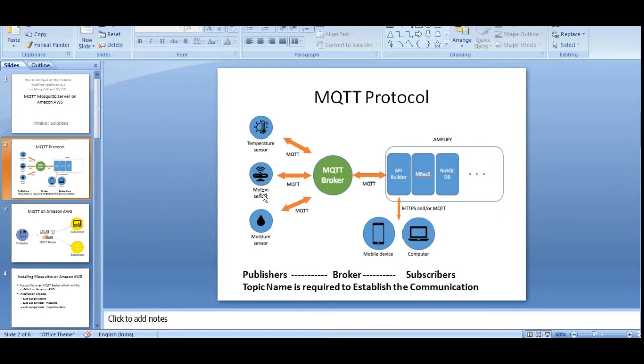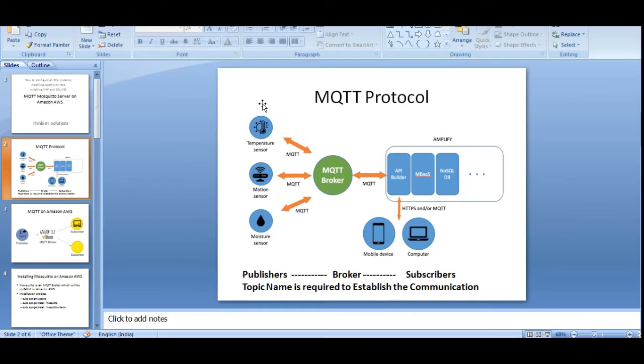On one side we have the publishers, which publish the information using MQTT to an MQTT broker. The MQTT broker is like a central hub which receives these messages from all the publishers, and then sends them to all the subscribers who have subscribed to that particular information. There can be multiple publishers and multiple subscribers. This is just a very simple block diagram of how the MQTT protocol works.